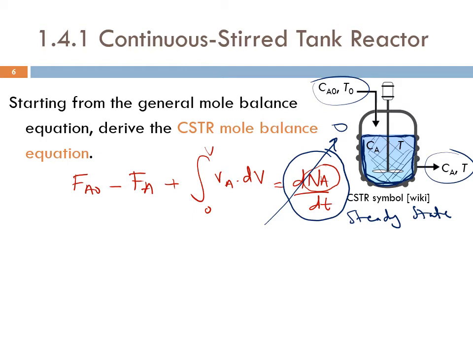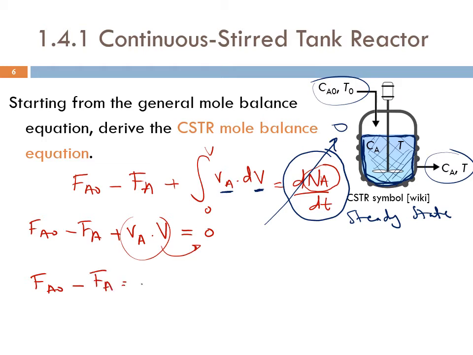Okay, can I simplify more? Yes, we can. Let's try it. FA naught minus FA, and what about RA? Is RA a function of volume? We know that it's not, correct? Because R is the same everywhere. And this time, in addition to RA being uniform throughout the reactor, it's also not changing with time because the system is operated under steady state. So RA goes outside the integration, and we do the integration. We end up with RA times V equals 0. Let's take this term to the other side, and we write it as FA naught minus FA equals minus RA